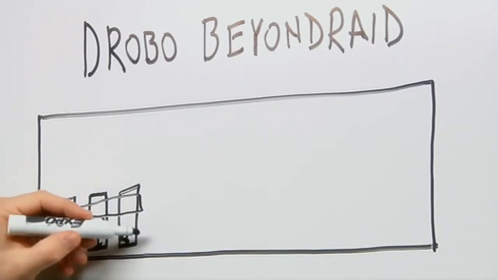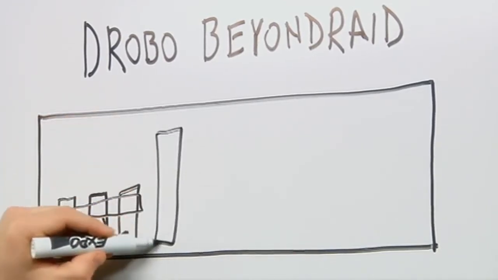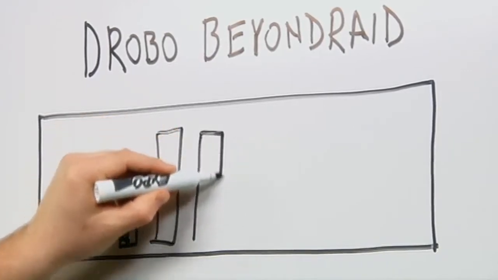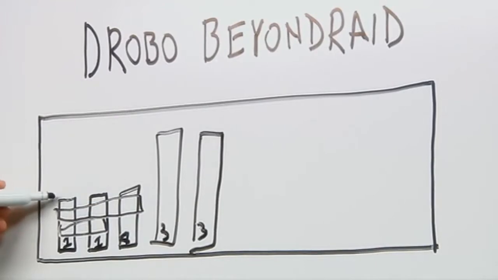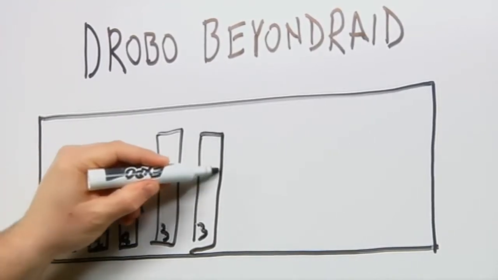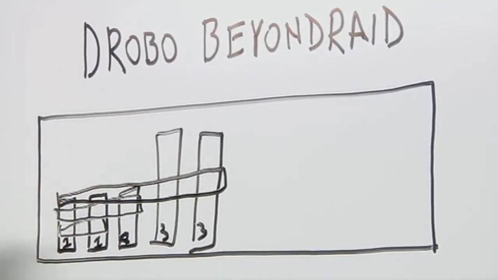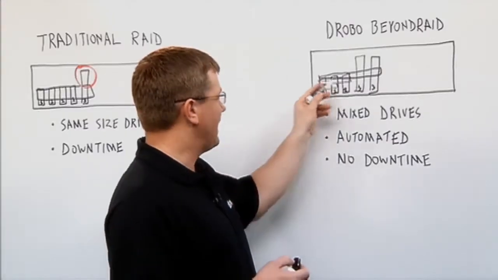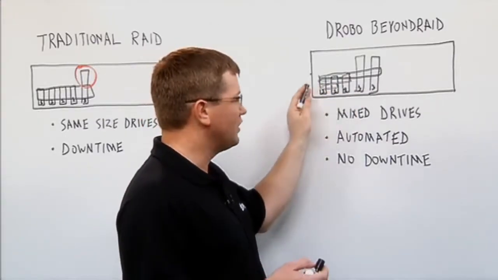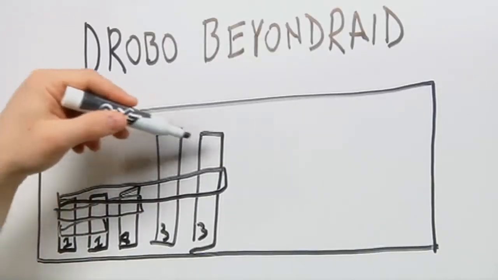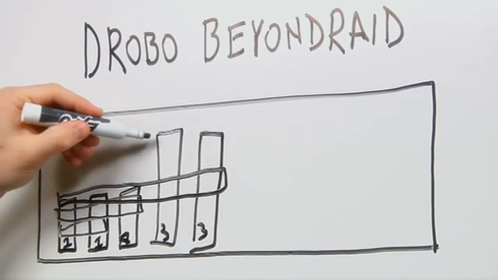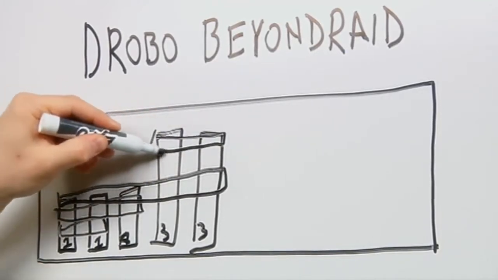But then let's say you want to expand your Drobo, and let's say I'm going to use 3 terabyte drives. And let's say add a couple of those. As new data arrives in the array, it's now going to create stripes across all of your drives, utilizing that 3 terabytes of capacity. And in the background, once again, in a fully automated way with no downtime, it may migrate those over. Now, this space that was stranded in a traditional array, Drobo will just create some mirrors here